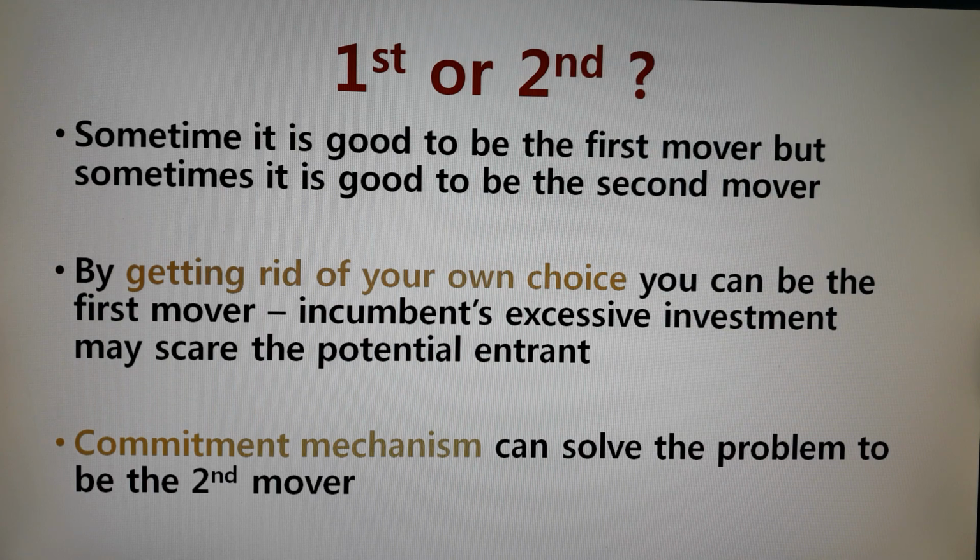Commitment mechanism is related to the case where the second mover has an advantage, like the central bank and the labor union. The labor union is the first mover all the time, and the central bank is the second mover. The central bank would say, we are not going to print more money, so we are not going to cause inflation, so please do not increase your wage too much. If that's credible, the labor union would be willing to freeze their wage this year because of corona, the situation, everything.